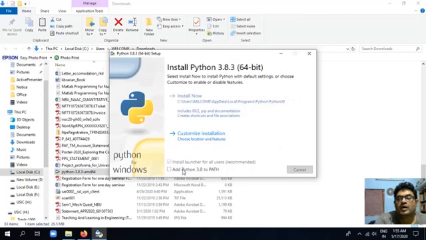Now we are going back. To make it work smoothly, we have to add Python to the path. So we are adding it. Basically, if you want, you can go for the customized installation.